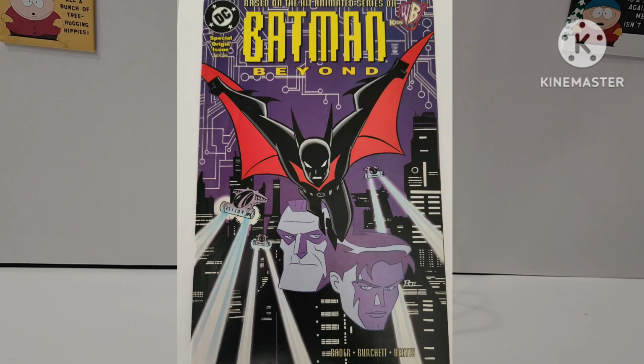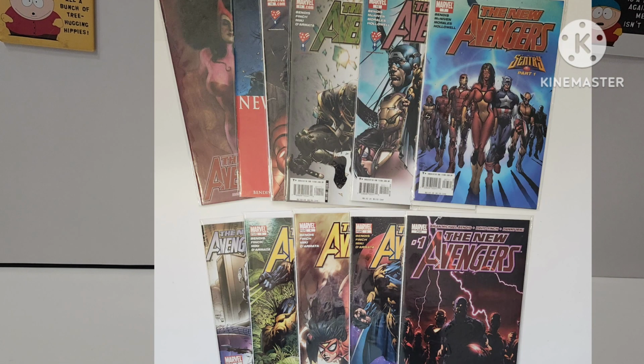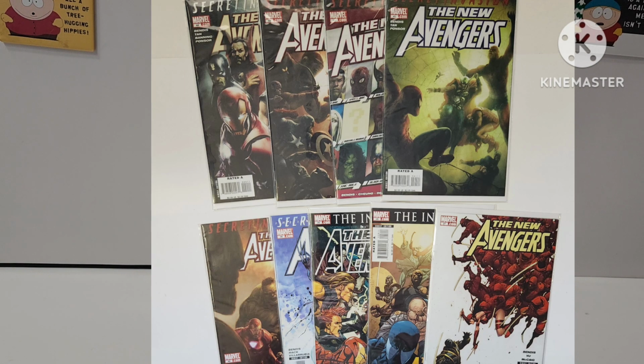And so, the Batman Beyond Special Origin, I think it was a one shot or whatever. And then a good lot of pretty much the whole run, besides maybe, I don't know, 12 books of the New Avengers. And I think that was volume 1 of the New Avengers. So, for the New Avengers, I got